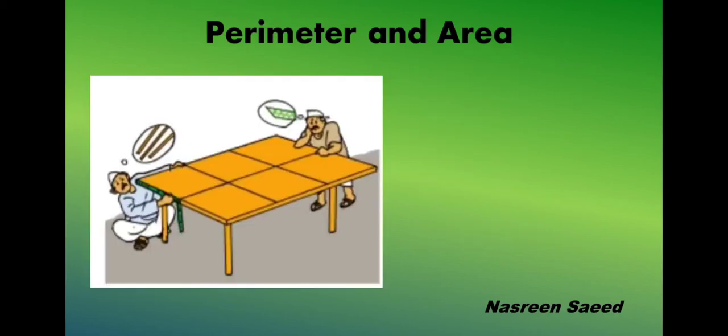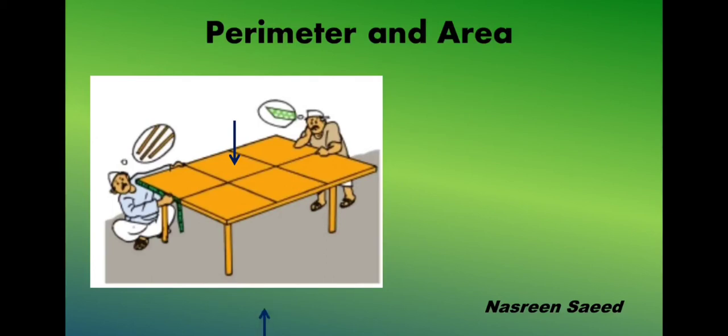If you see in this picture, there is a big rectangular table. This big rectangular table is 3 meters long and 2 meters wide. The surface of the table is to be laminated and a border tape has to be fitted along its sides. For this we must find out how much laminate and what length of border tape is required. The laminate will occupy the top surface of the table. Therefore, to find out how much laminate is needed, we must find the area of the tabletop.